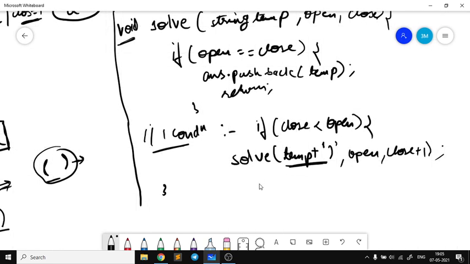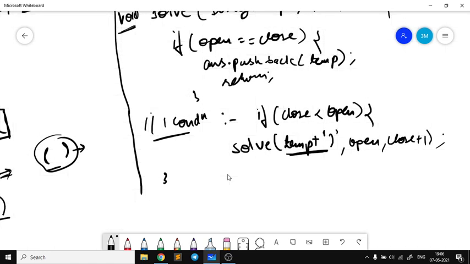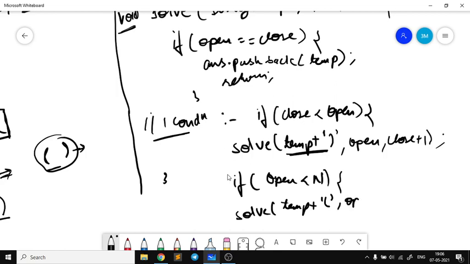Now we can add the open one, but the addition of the open bracket is independent of the close count. It is only dependent on the factor that the count should be less than n, unlike the close one. The close one is dependent on the open one, but the open is not dependent on the close one. It is only dependent on the total count, that is n. So if my open count is less than n, then I'll call the solve function, that is, I'll add this open bracket and increment the count of open by 1,